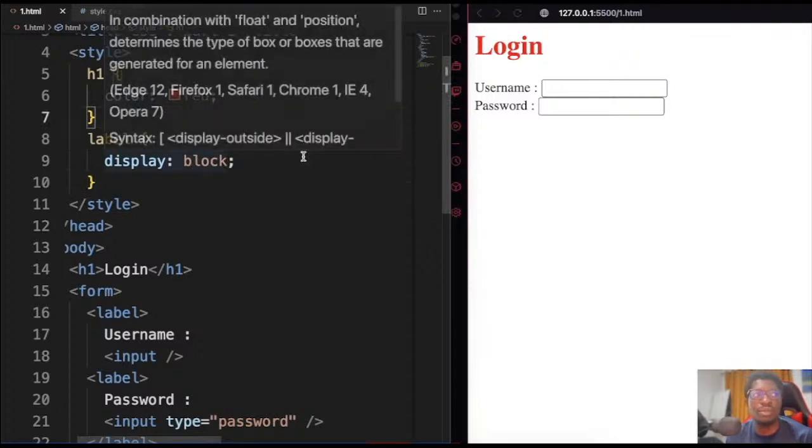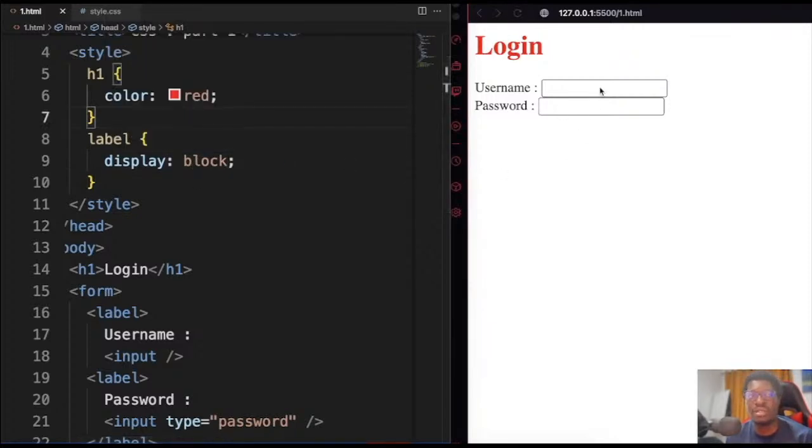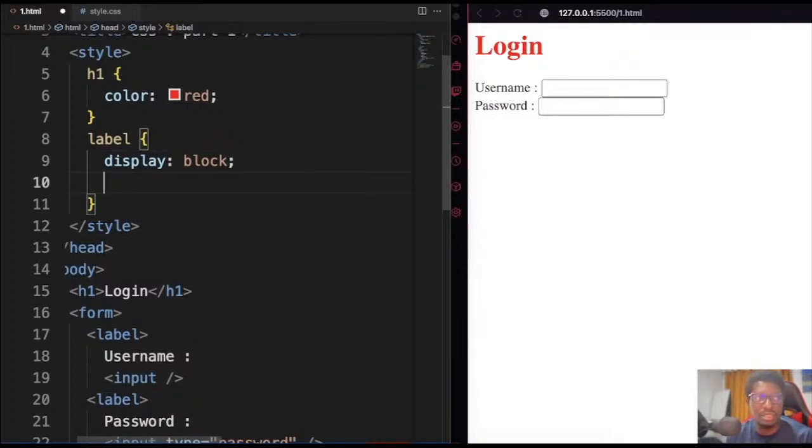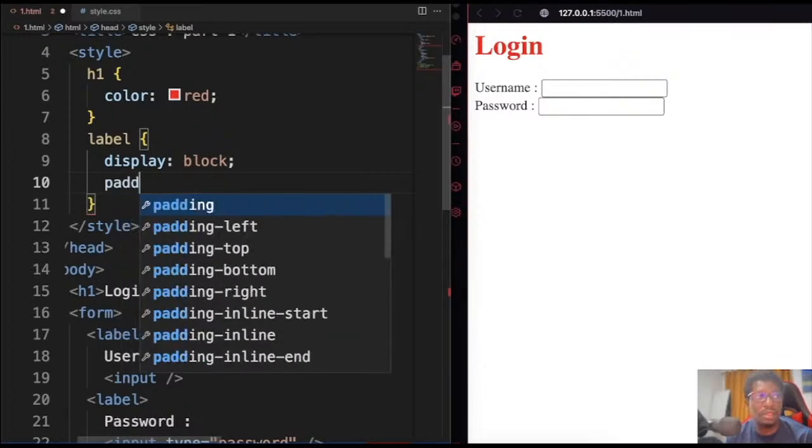We have inline and block. So right now, and we have other ones, but these are just the major ones. I've used block to make sure that what we have here is in this form. The next thing I want to do is put a space in between these two. I can do that by specifying